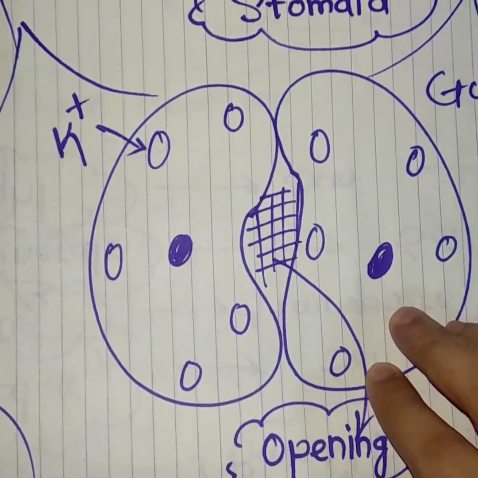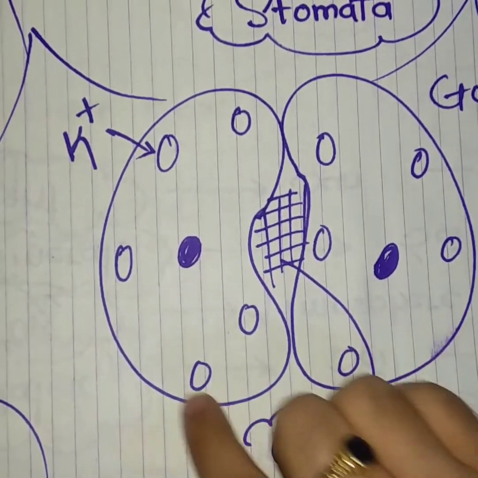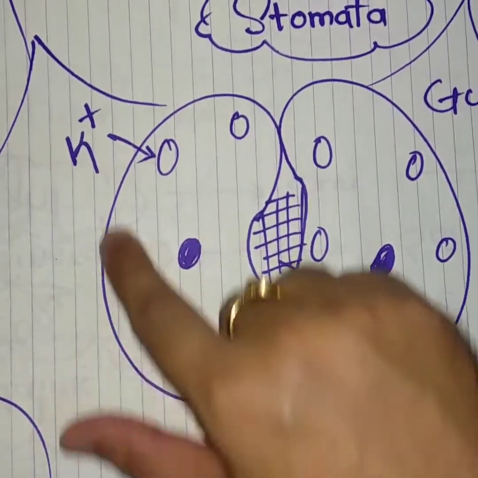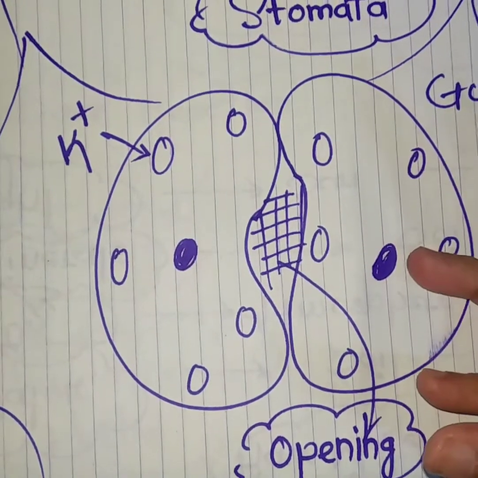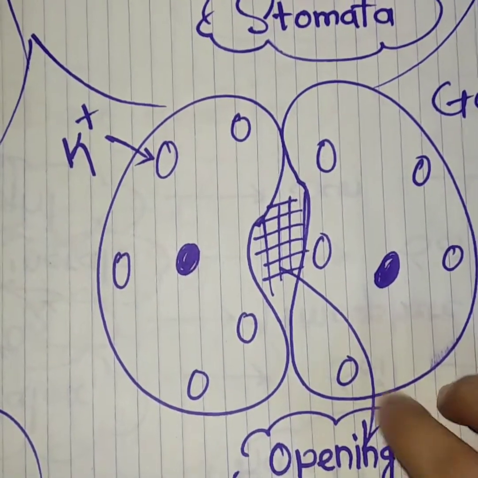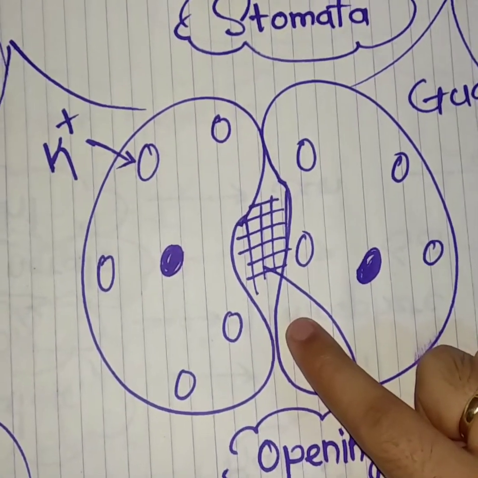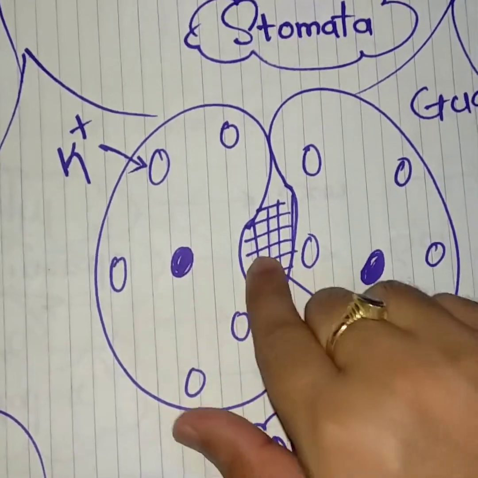In the case of desert plants, as they have a scarcity of water, what happens is, if water contains potassium ion, then that potassium ion reaches these guard cells. As a result, the stomatal pore opens and the photosynthesis process is carried out further, because through these stomatal pores, carbon dioxide gas from the atmosphere goes inside. Clear?